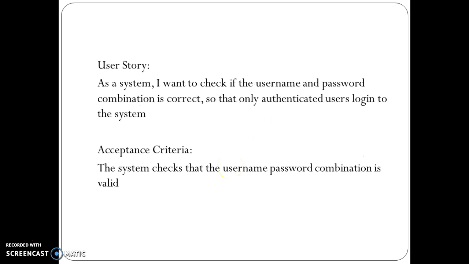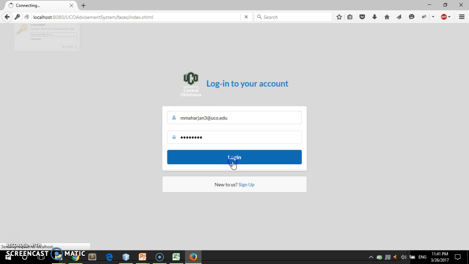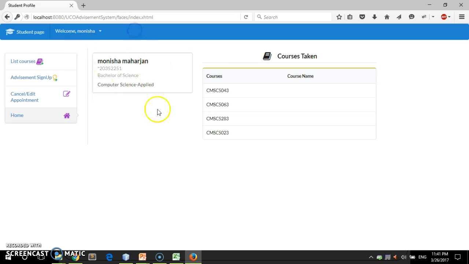As a system, I want to check if the username and password combination is correct so that only authenticated users log into the system. The second criteria, the system checks that the username password combination is valid. So if the valid combination is put in, then the student or the user logs into the